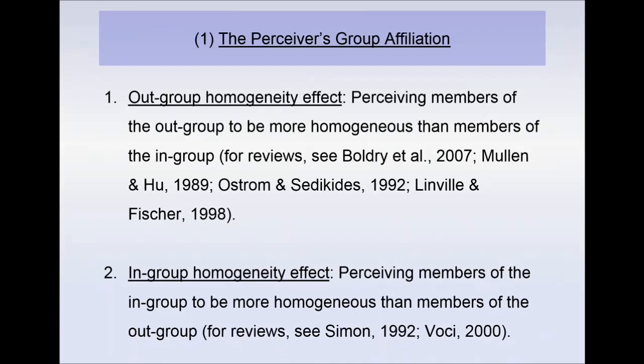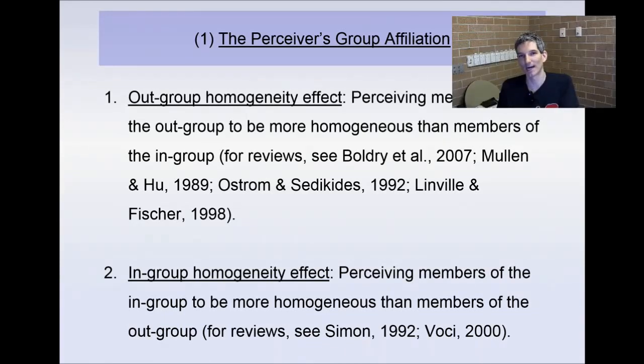And what is causing these effects? Well, in-group and out-group homogeneity effects are thought to be motivated by the need to maintain a positive, distinct social identity. Sometimes it's good to be part of a group of individuals, and sometimes it's good to be part of a group of team players. Sometimes you want to be distinct, and sometimes you want to be in a group of really similar people, because that will help you say, well, my group is good. So it's really a context-based effect.